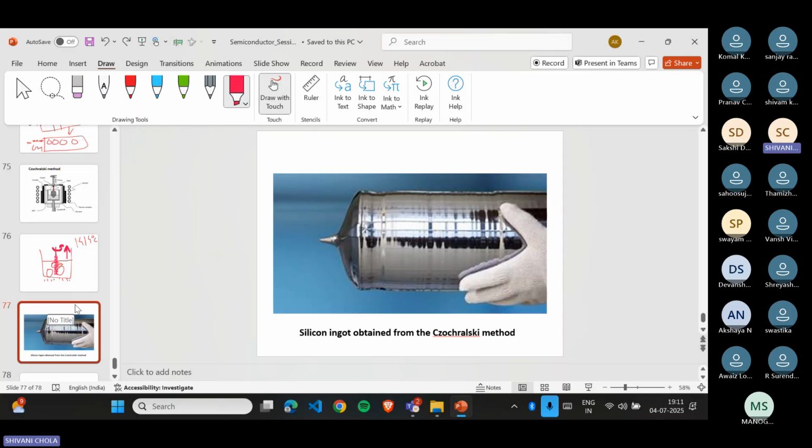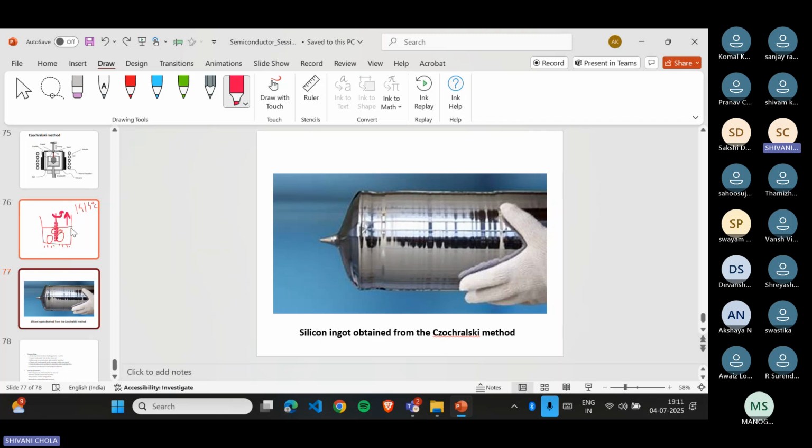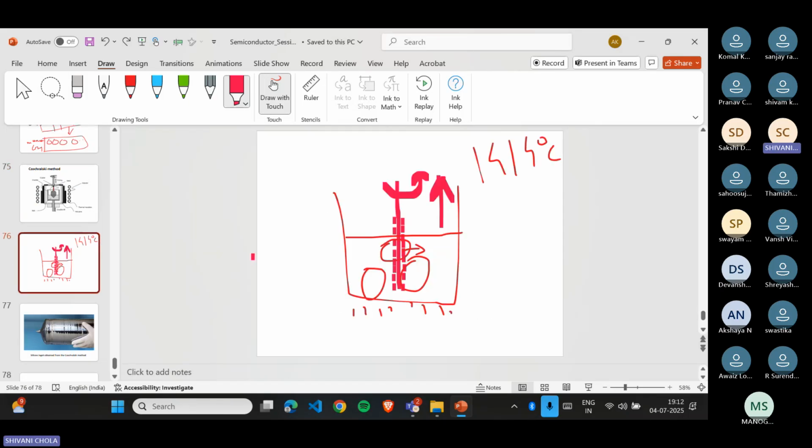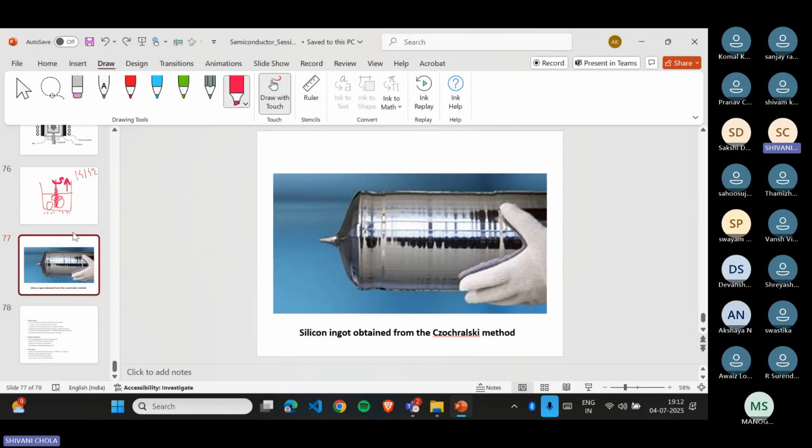You can also imagine it's a similar process to the making of cotton candy, like sugar candy, which is pink in color, which some people still sell on the road. So it's a similar process to this Czochralski. You place a small stick inside this sugar solution. You keep it rotating, and the solution of sugar will start to deposit on the stick. Okay, so it's similar, and in this way you obtain this silicon ingot, which is